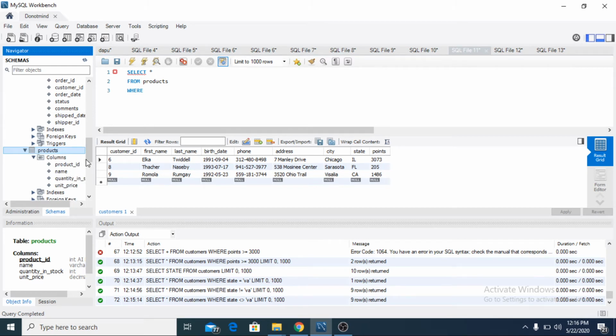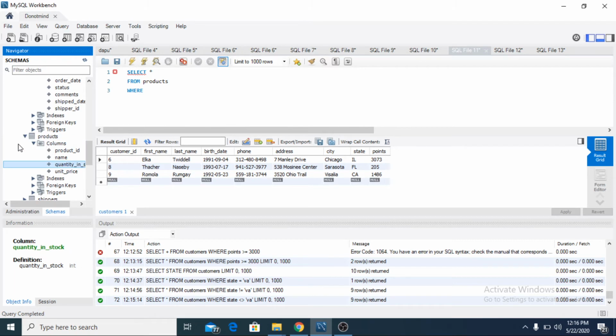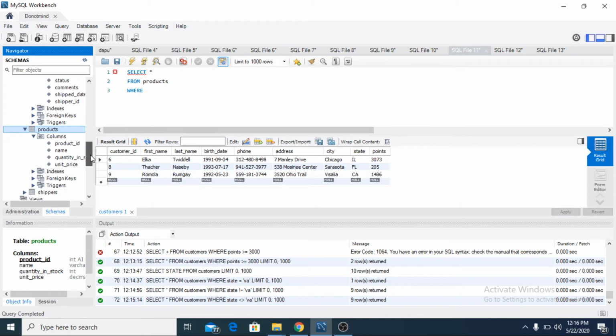We want to see the columns. In products, the columns are unit price, product id, quantity, and index, which is the primary key. Okay, so index is primary, good. Then foreign keys, and we can also get triggers, shippers. So for example,